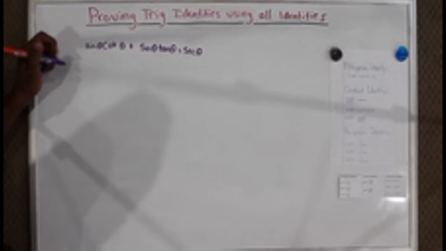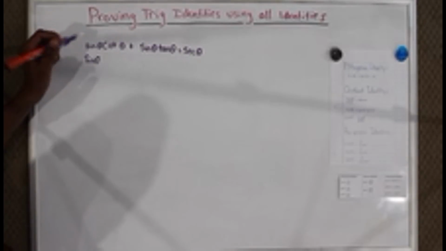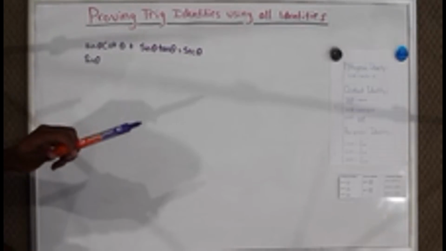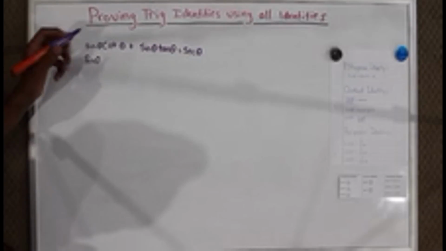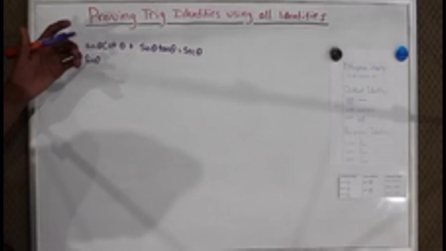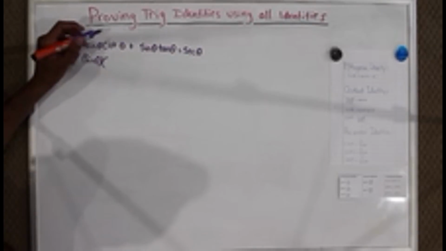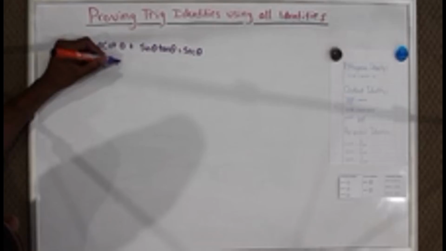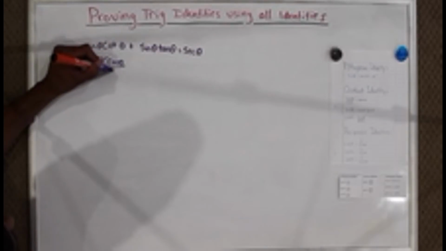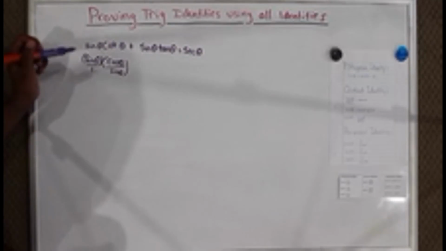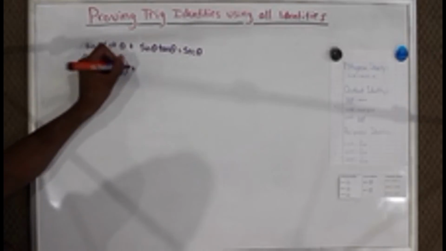Alright, so what we're going to start off with is, sine stays the same because sine doesn't have another trigonometric identity. But cot, if you look at the reciprocal identities, cot is equal to 1 over tan. In other words, that's also equal to, let me just put this in brackets, cos theta over sine theta. Alright? And just to help with this multiplication, we're going to put a 1 under here so you can see that. And then we're going to do plus